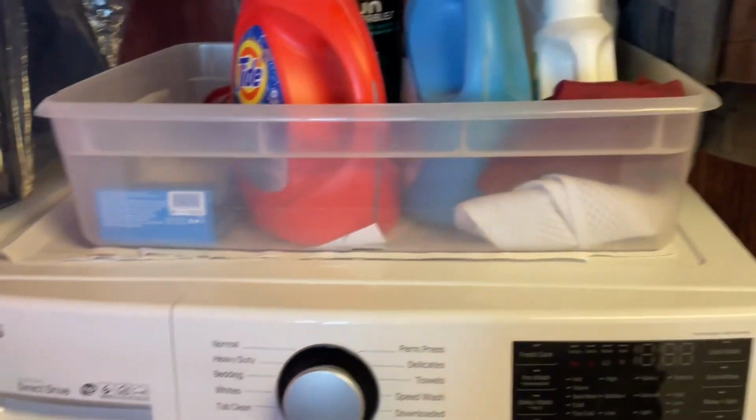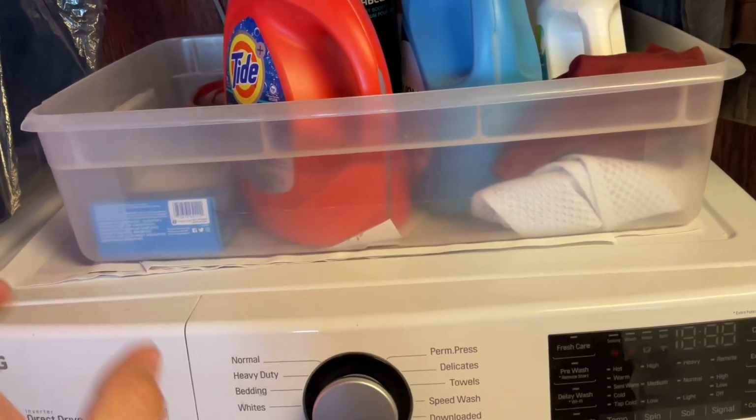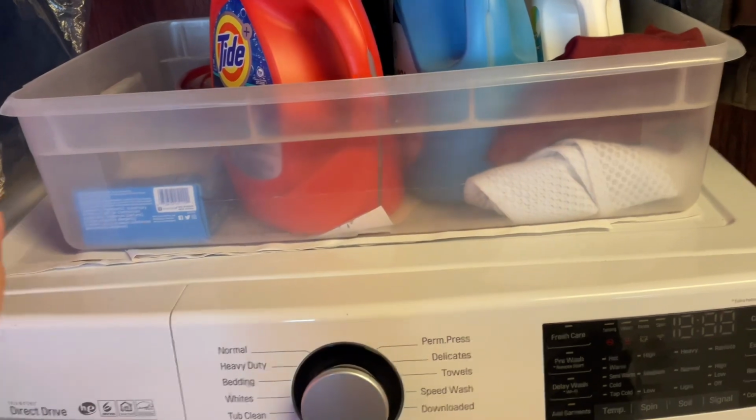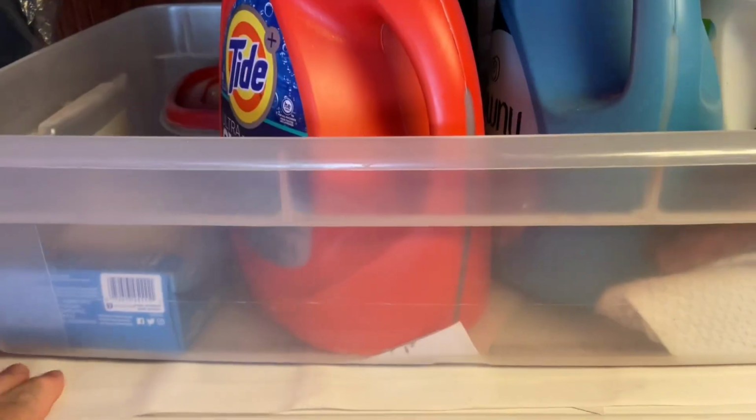So I have this thing here. This is pretty heavy. So what I do is I put them under here. So I lift it up, put them under here. So I'm going to have to put you down for a minute. So what I do is I just put them up here. You can put them either way, face up, face down, doesn't matter. I usually just put them face down. So I put them up here, then I put the thing back on it. Hold on. Okay, so yeah, the bin is back on it,